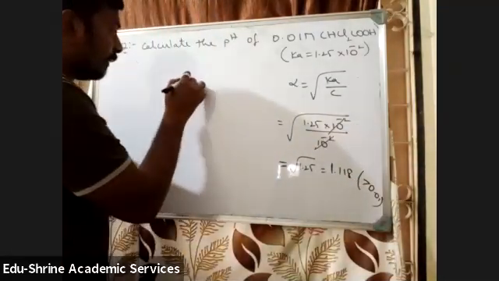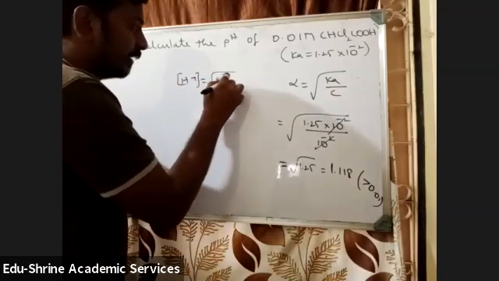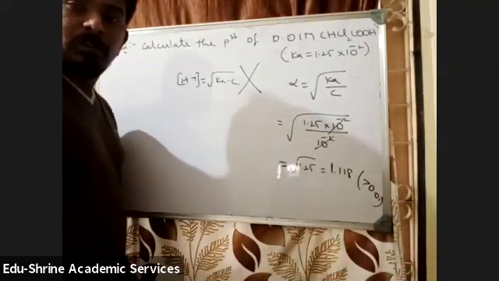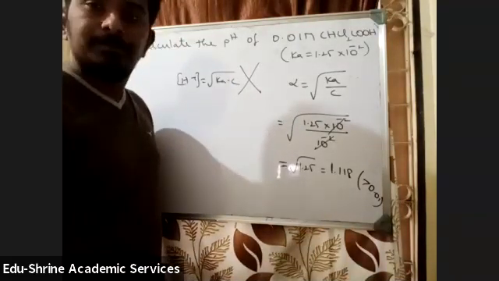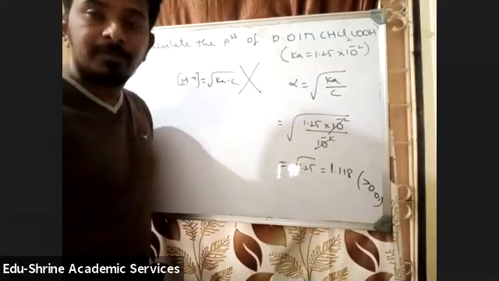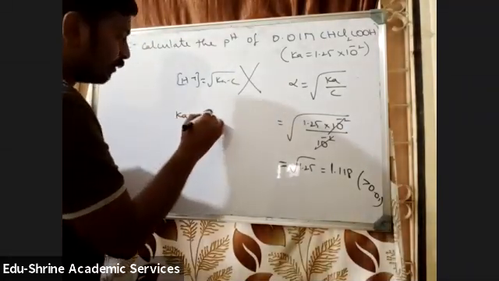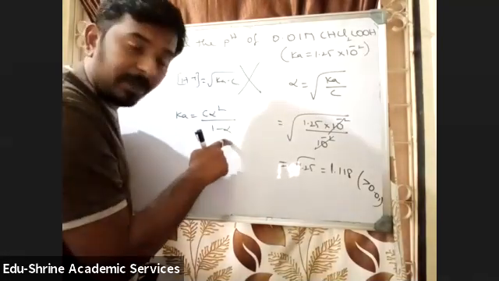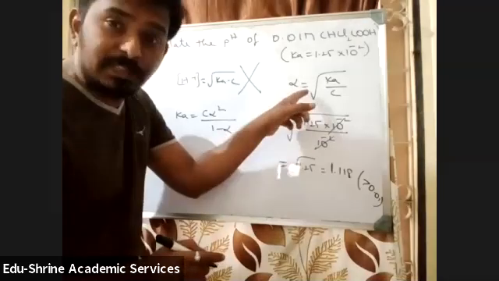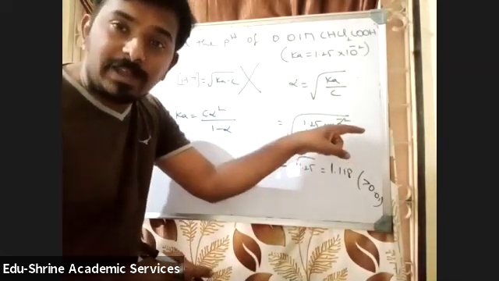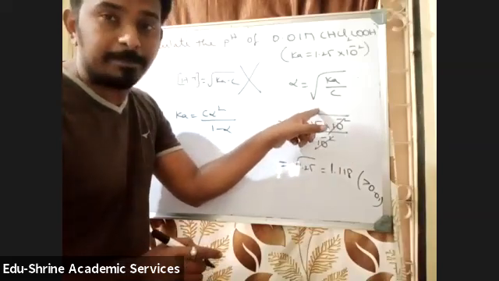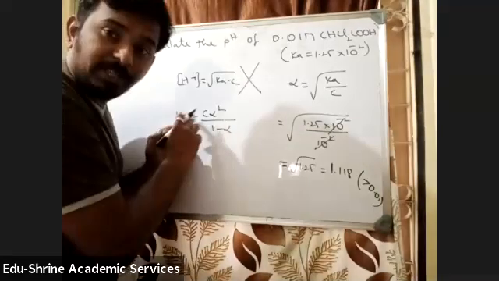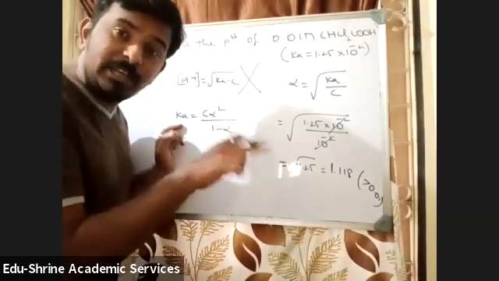So now can I use the formula H plus is equal to root Ka into C to solve this problem? No. You cannot use this formula. Okay. Then how can I solve this problem? By using the formula Ka is equal to C alpha square by 1 minus alpha. I need to calculate the value of alpha. I cannot directly take the value of alpha here, because if I use that formula, again I am neglecting the value of alpha. So I need to substitute Ka and C and first calculate the value of alpha.